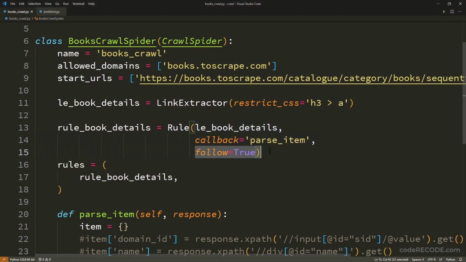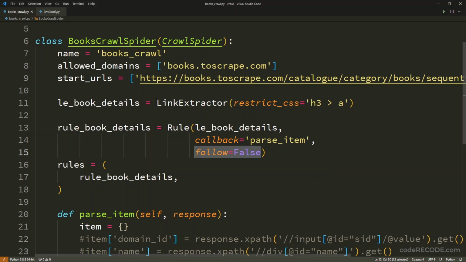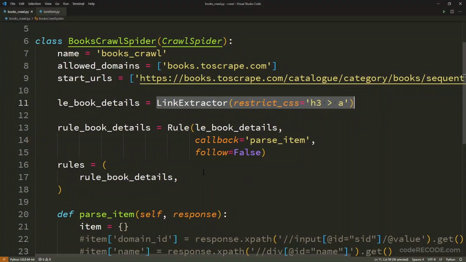That is controlled by this follow argument. So here, if I set it to false, it means that I do not want my link extractor to follow this page. I do not want this link extractor, which is extracting links using this selector, to run on this particular page. That is what I mean by false.